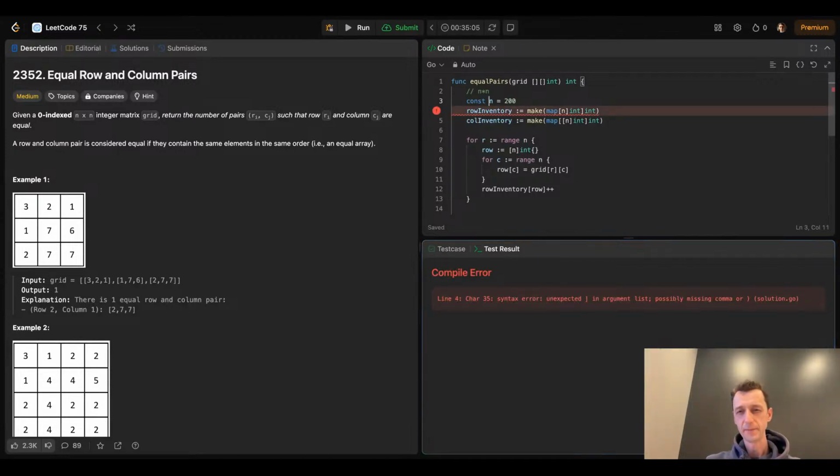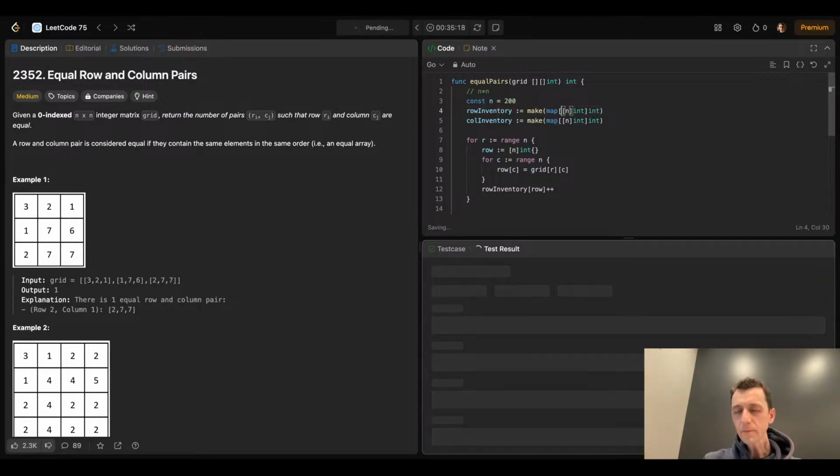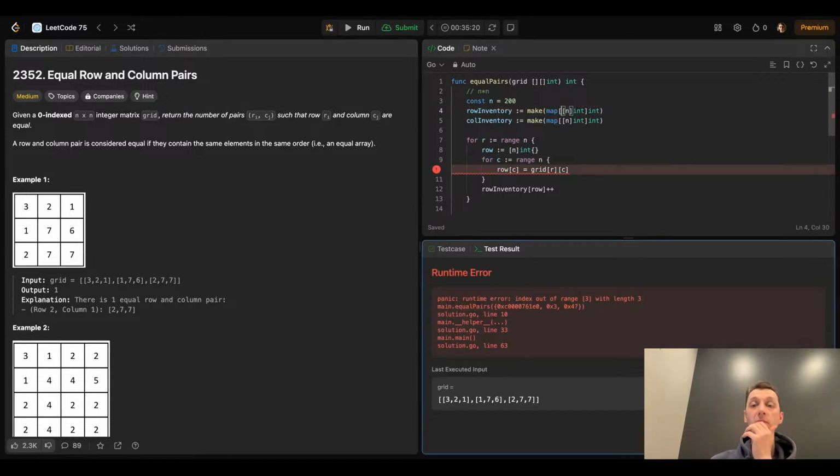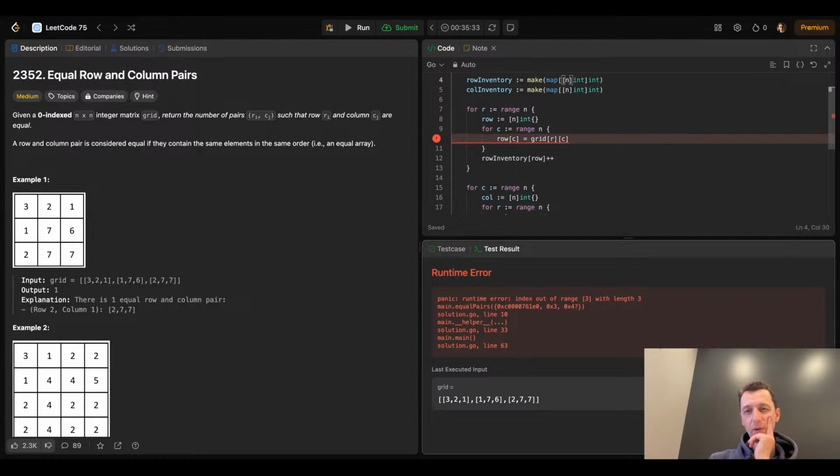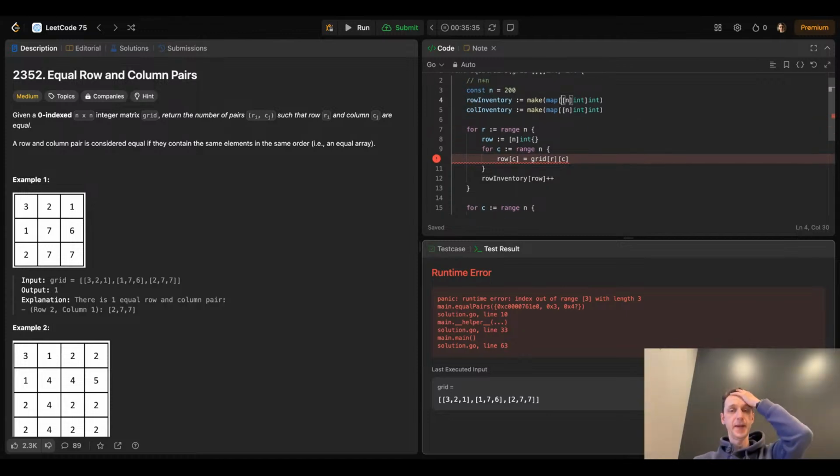If we have unexpected, oh, I think we're missing something. So, yeah, I mean, it looks like the grid doesn't have